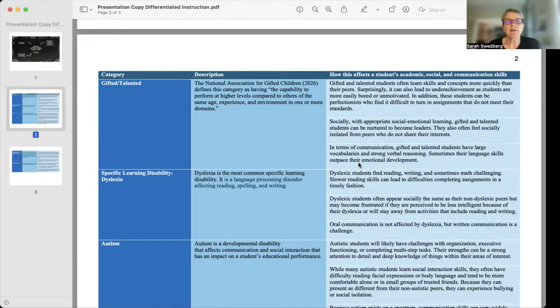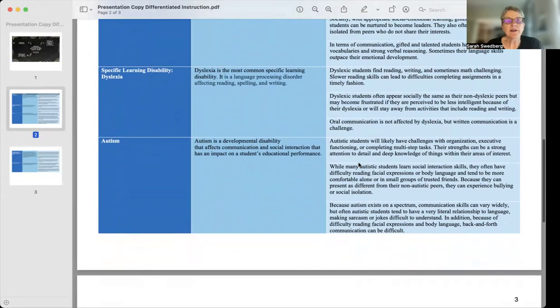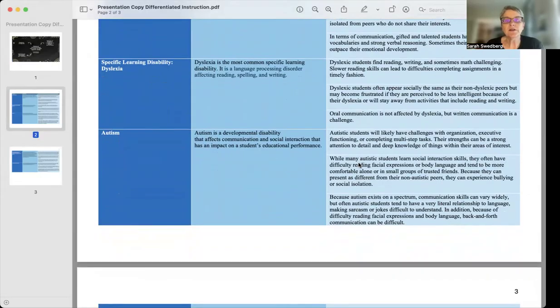The other ones are all disability categories, and I included both learning disabilities as well as orthopedic impairment, which is included because the level of impairment can affect the student's ability to learn, which is why it's one of the IDEA disability categories. In this organization chart, as you see, I included a very short description of each of the disability categories. And then in the far right column, I address the academic, the social, and the communication needs of all of these students.